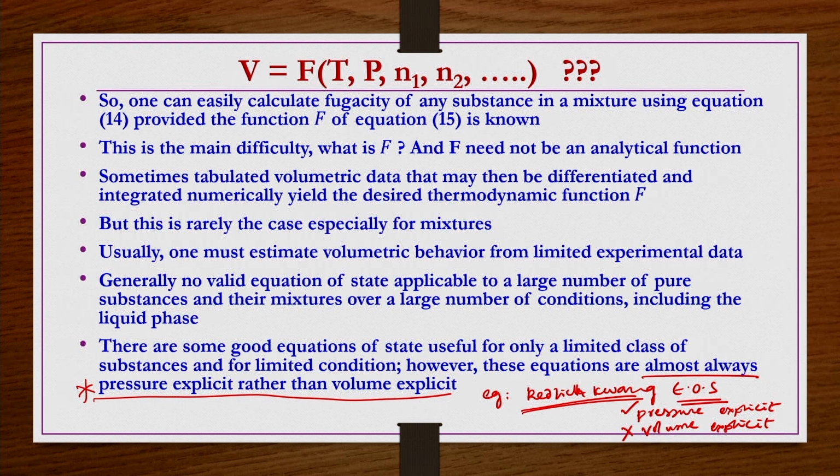So, then what do we have to do? We have to develop similar relations for the fugacity coefficient with temperature and volume as independent variables, right. Under such conditions, we can write those equations of state in a pressure explicit form, and then in whatever equation we get for the fugacity coefficient with temperature and volume as independent variables, we can do the simplification. Anyway, this we are going to do in the next lecture. If we have the equation of state in pressure explicit form, then what is the fugacity coefficient phi? This we are going to do in the next lecture.